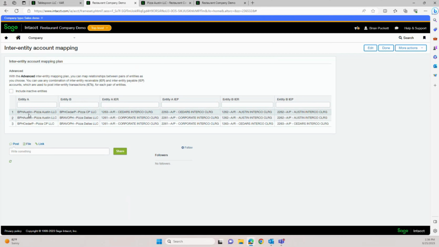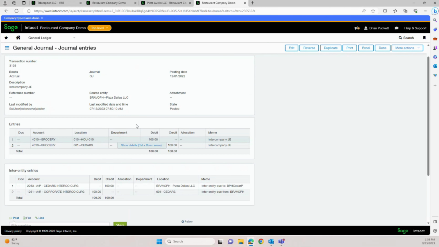As you'll see, for each entity combination that you include here, you'll have respective inter-entity receivable and payable accounts, or due to, due from accounts, for each entity combination listed here. And what that translates to is when you do journal entries that are inter-entity related, such as this that has a source entity here of the Pizza Dallas LLC and includes these two locations, 010 and 610, it will automatically